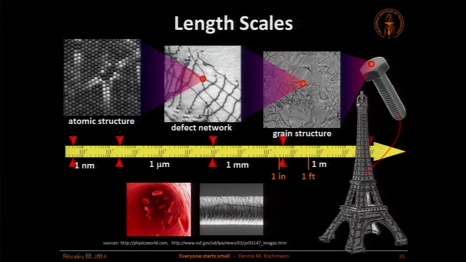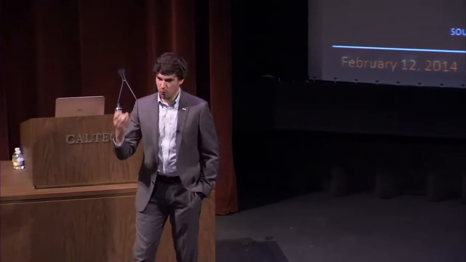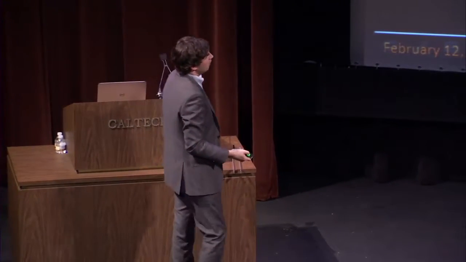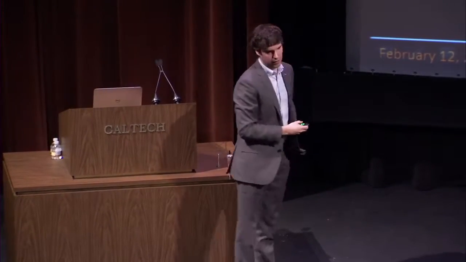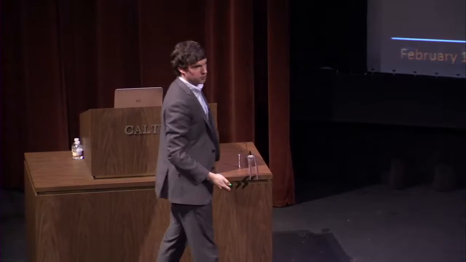They are on a screw, and the screw might be sitting up here in the Eiffel Tower. So there's a vast amount of scales involved. If we want to model the behavior of metals, I mean, it looks easy. We know how atoms interact. That's just chopping. We discussed this before. So why don't we just build a computer model and model all this using computers?